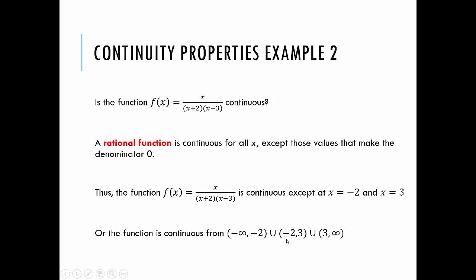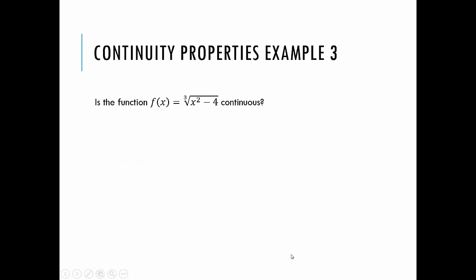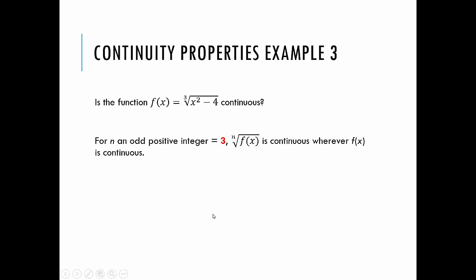It just kind of puts them together. And then I jump to the other side of -2. I go to 3, can't equal 3, parentheses, union, 3, and then all the way out to infinity. Is this function continuous? Well, the property said for an odd positive integer, 3, it's a cubed root, that certainly